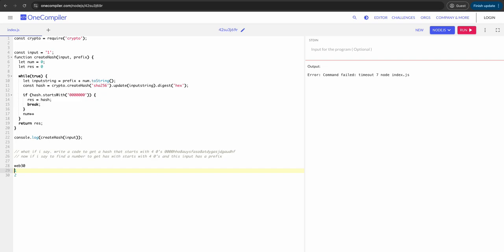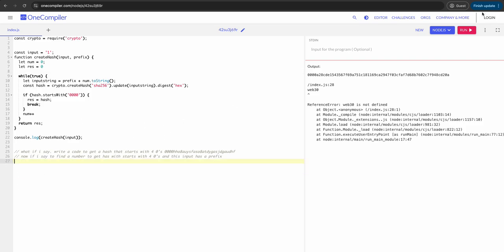So now it won't be just a number, it will be the prefix plus the number, right? Now with this string, I want you to find a hash that starts with, let's say, 4 zeros. So how will we do that? We will add this prefix to this here, and this will become prefix plus 0 and so on, right? So now if I run this loop,